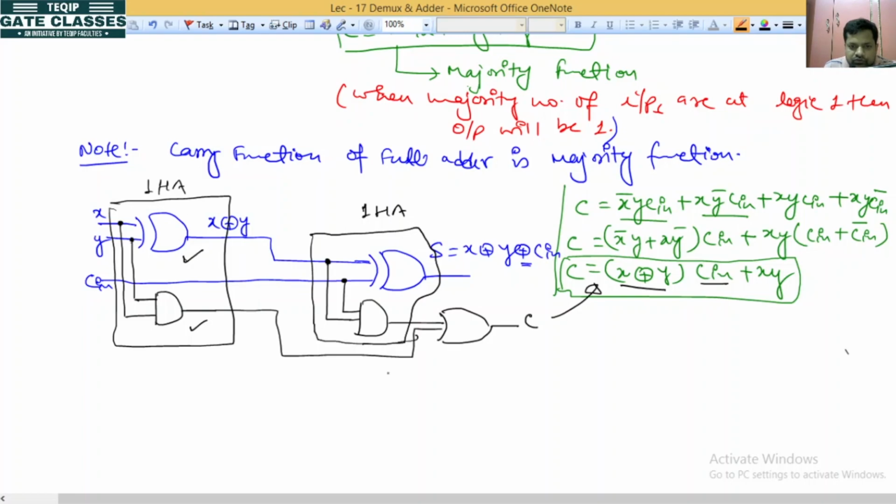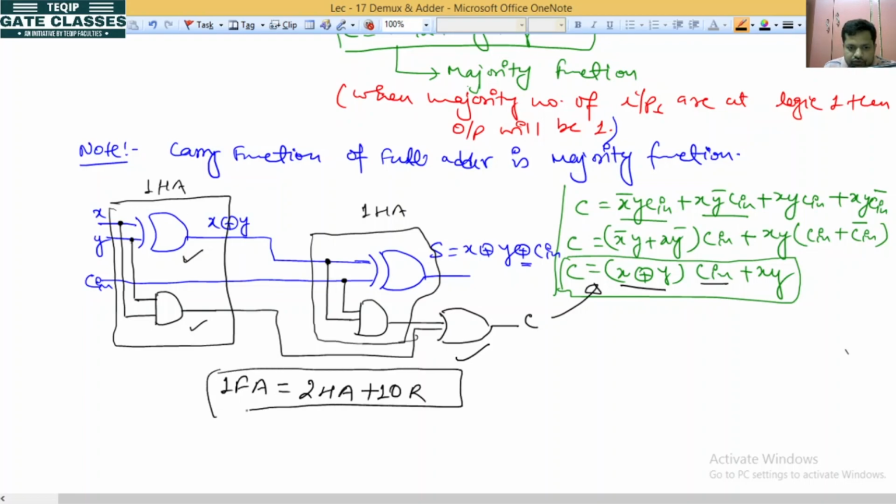Okay na? So if you want to implement full adder by using half adder, then one full adder equal to two half adder plus extra, यहाँ पे क्या है अभी, OR गेट, one OR गेट. ओके, सो इट इज़ वन OR गेट. जब भी आपको फुल एडर को इम्प्लीमेंट करना है by using half adder, then we require two half adder and one OR gate. ओके ना, सिर्फ हाफ एडर से you can not implement full adder, always remember.